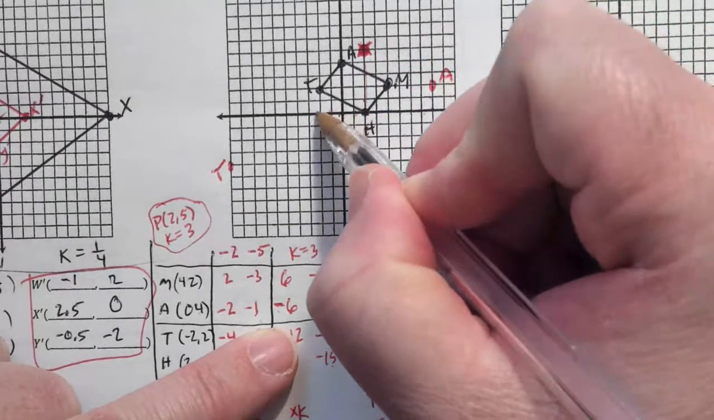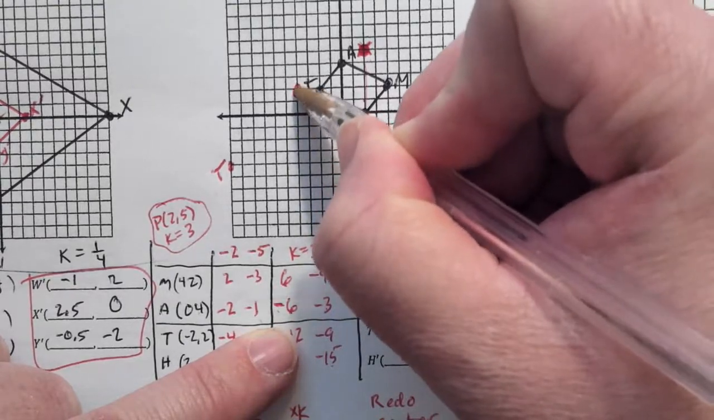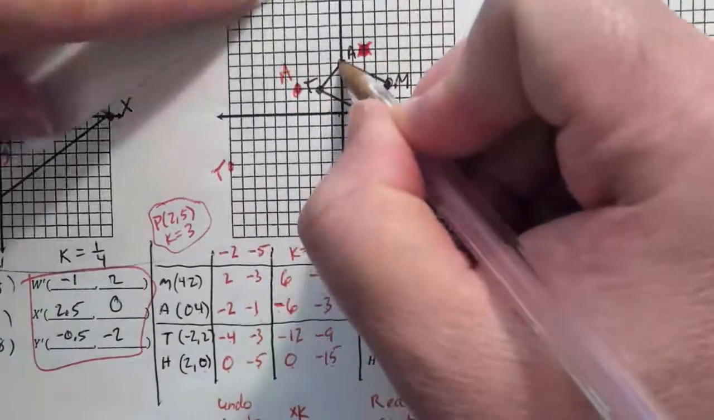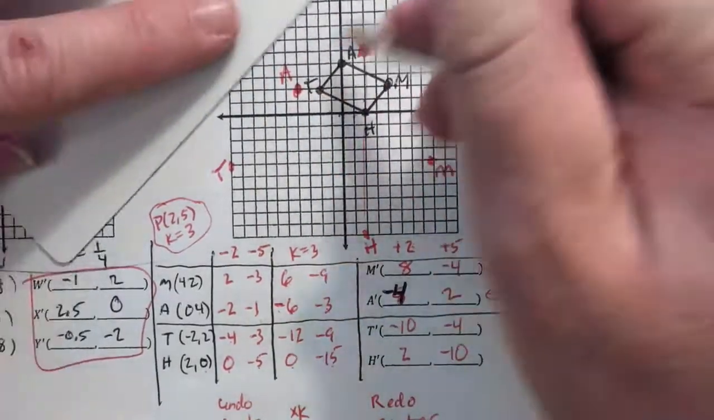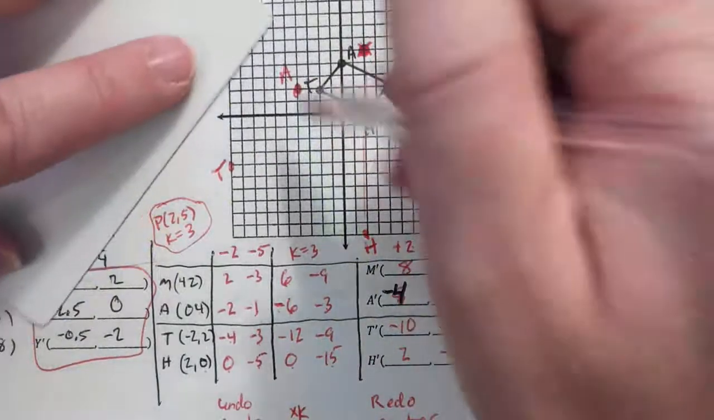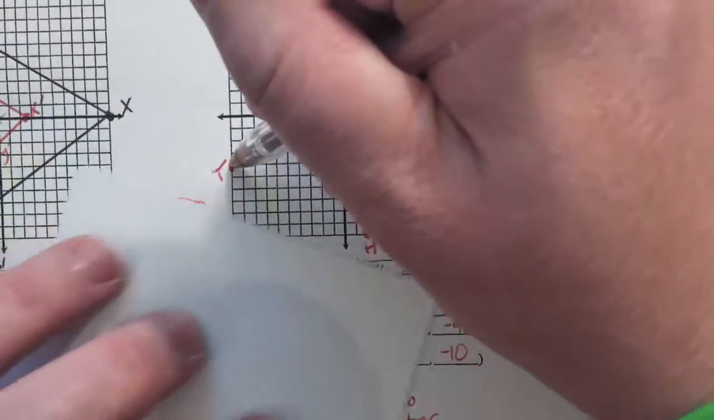So negative 4, 1, 2, 3, 4, and then positive 2, 1, 2. So my A is supposed to be here. Does that line up? Yes, it does. So this one was wrong. Okay, so we caught a mistake. Isn't that nice? All right, so when we graph this,